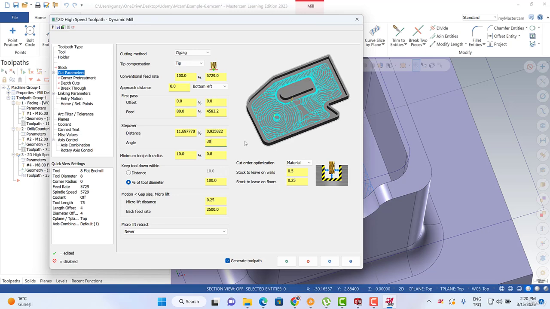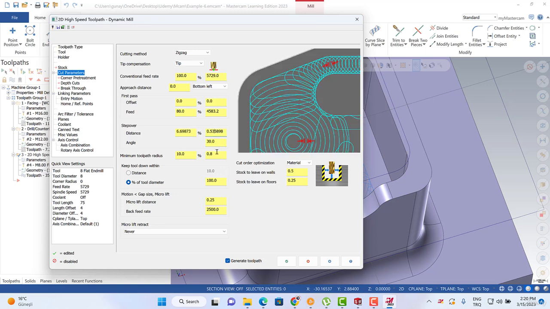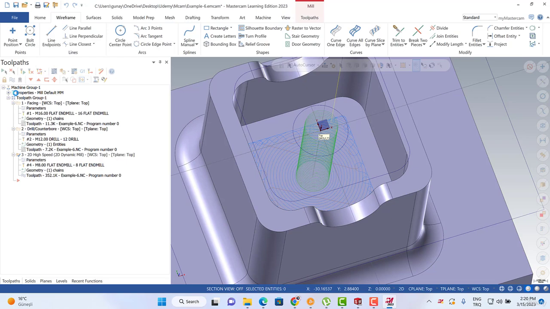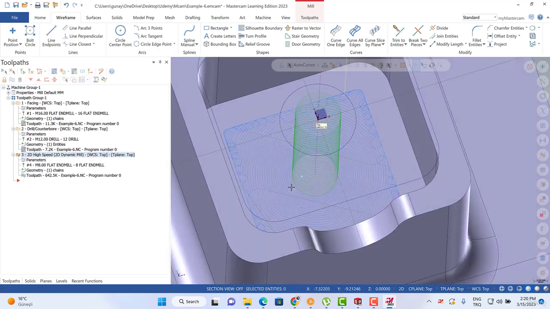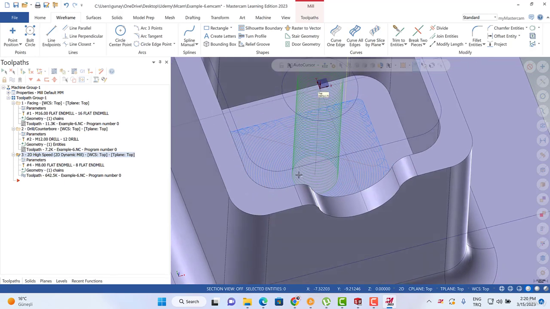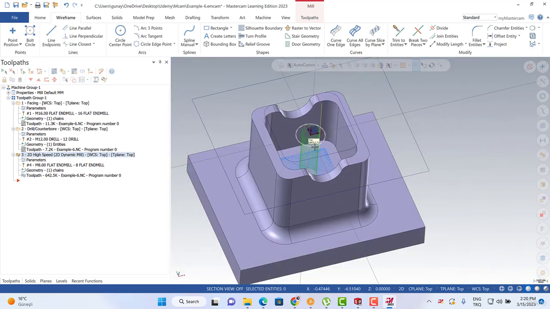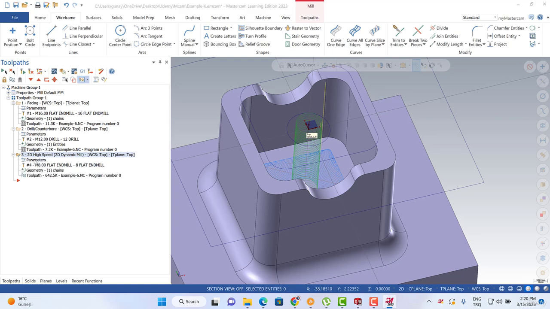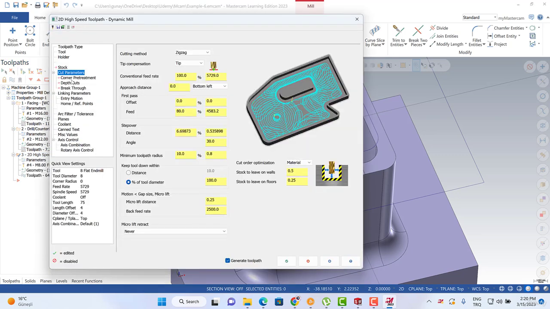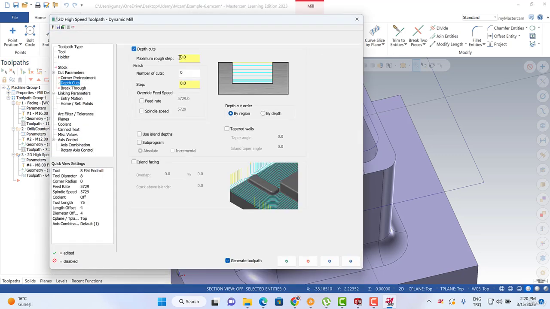Maybe we should set 30% of my tool diameter, and that's enough for my radius. Then let me recalculate my toolpath. That's perfect. That's the perfect toolpath. If you would like to use some depth cuts, you can activate it and write